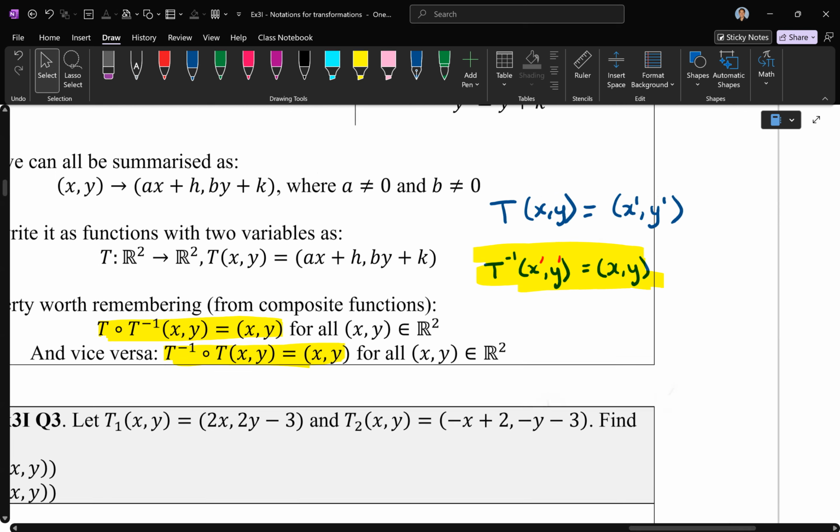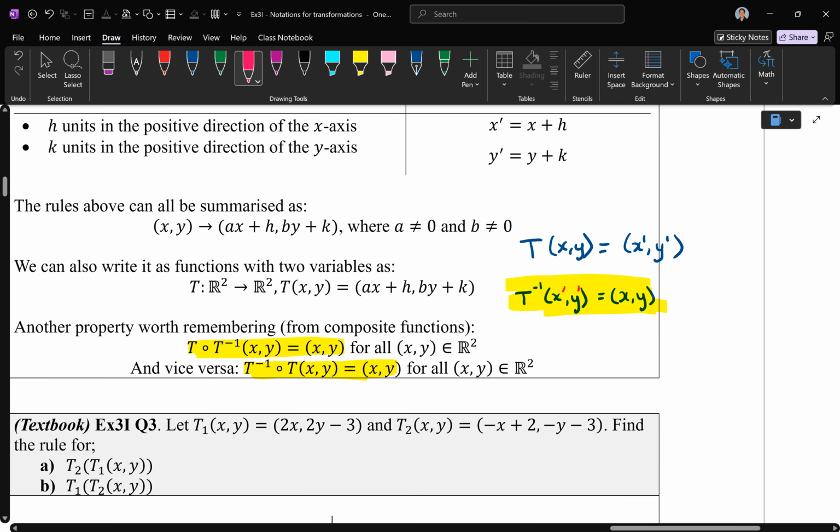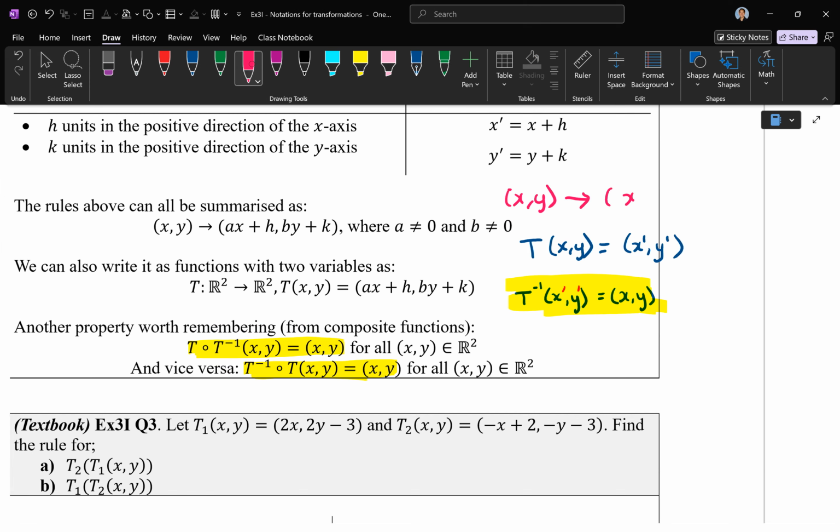Logical, right? What you're used to seeing so far from 3D was the original x, y maps to x dash, y dash. These two are exactly the same thing. So you're just saying there's a transformation applied to this to get to the final. Here I'm just saying transformation as a function of x and y. So if you sub in x, the original y, into this transformation,